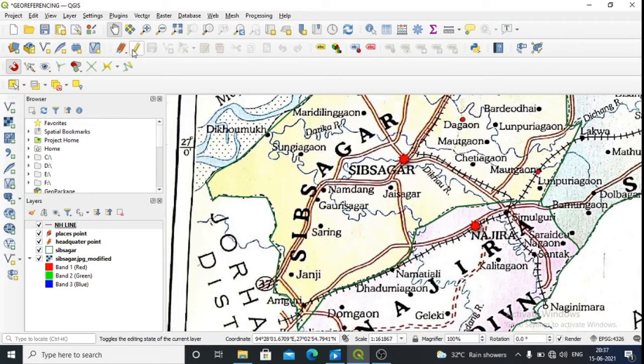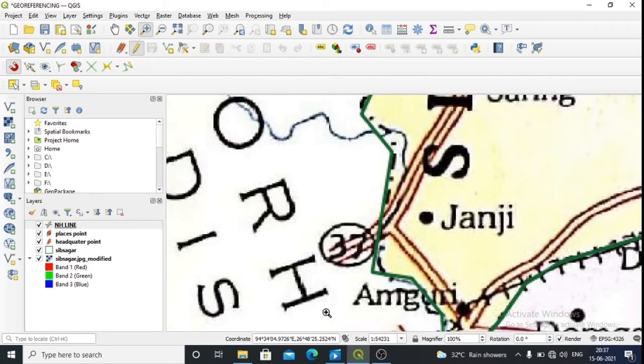Okay, so what you will do, click on this particular option, then select the line, add the line feature. Okay, now let me zoom it. Now since we have enabled the snapping option, so when we add the line feature,